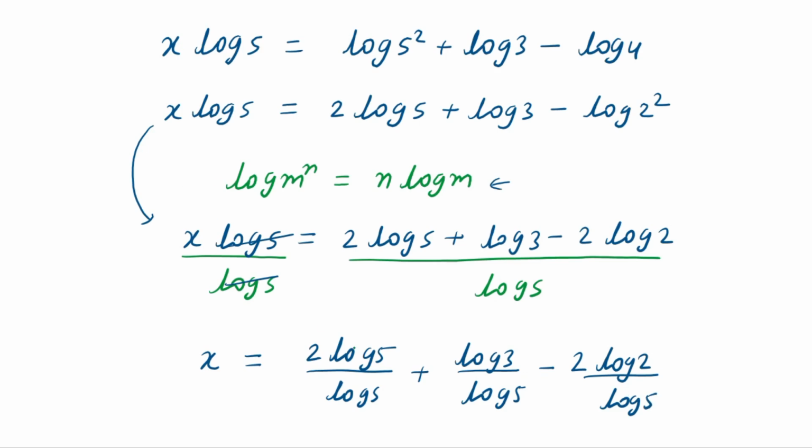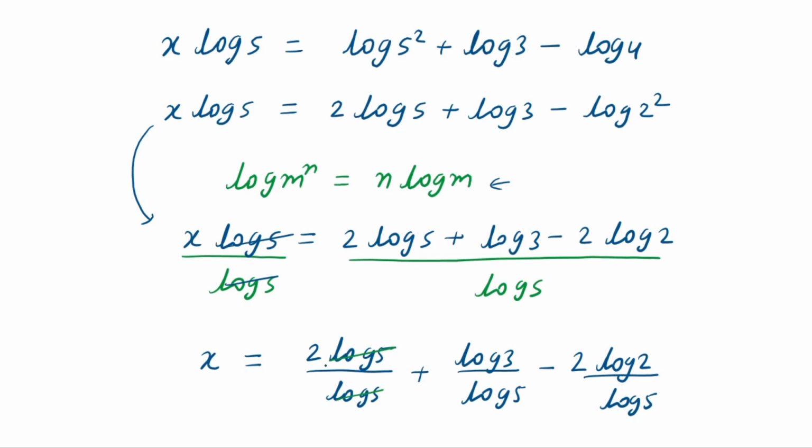Now log 5 divided by log 5 is 1. So on the left hand side we have x, is equal to, and on the right hand side, 2 plus log 3 over log 5